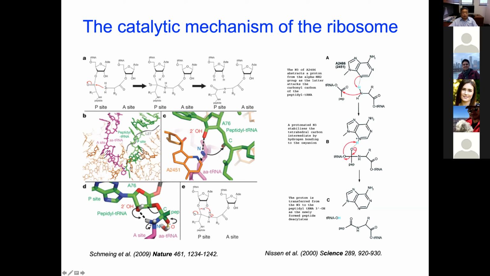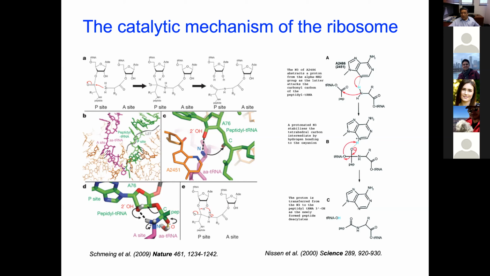So in the next lecture, we'll get to a lot more details about how protein synthesis works. And if you do not know the details, don't worry, we'll get to see how each tRNA gets delivered to the ribosome, how the ribosome recognizes tRNA, and how it catalyzes the formation of peptide bond. That's pretty much what we have for today. Are there any questions? We still have a few minutes.